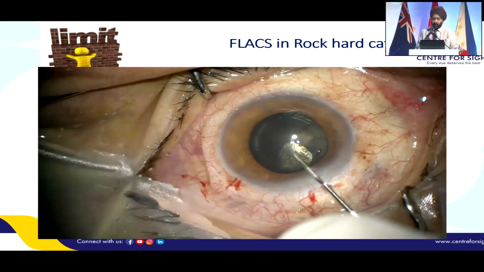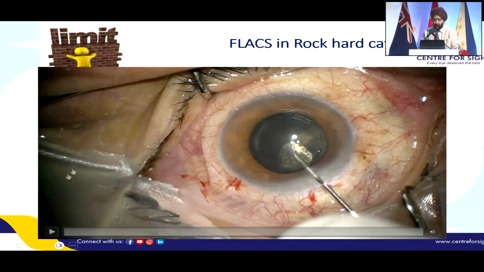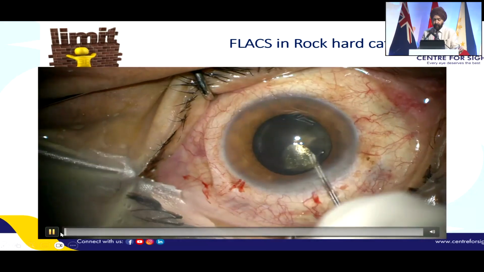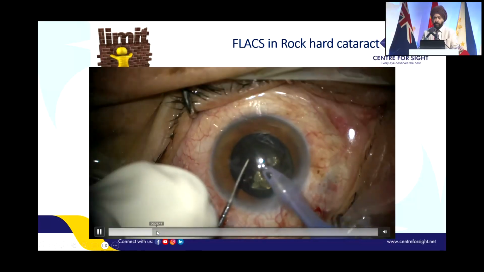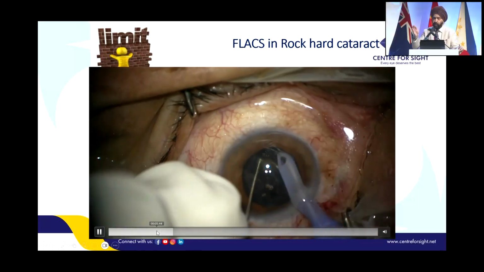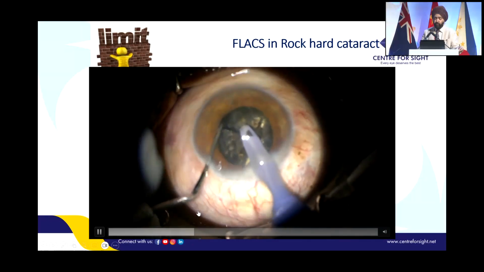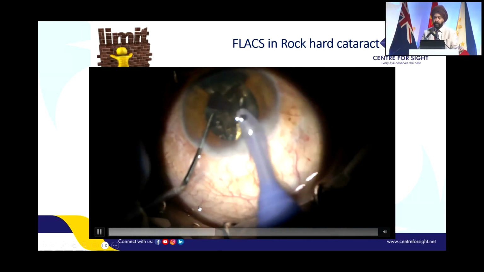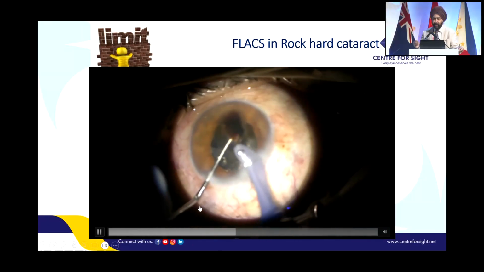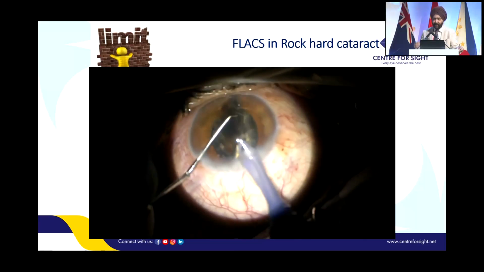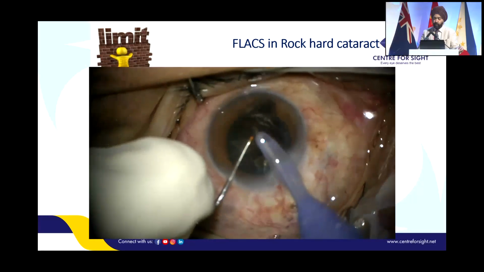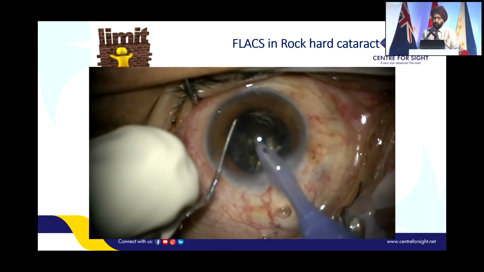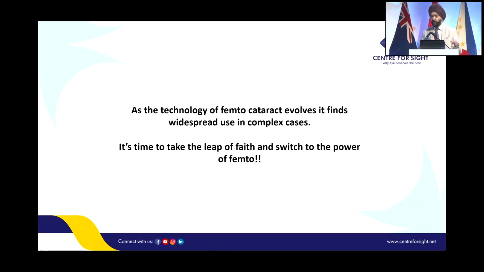Rock hard cataracts. When you are doing a rock hard cataract, again, you can get a reduction in the phaco time that you have, because as long as you can see through the hard cataract, just see the bubbles that came out, and you can see this is a black cataract, this becomes a pre-chopped cataract, and even in such black cataracts, you are able to actually do a phaco procedure or a femto procedure with the pre-nuclear chopping that has happened. So friends, these are a couple of the cases which I would wish to bring out to you,